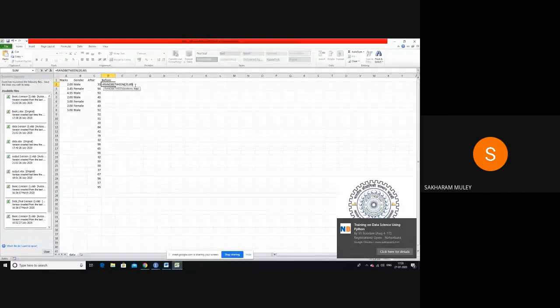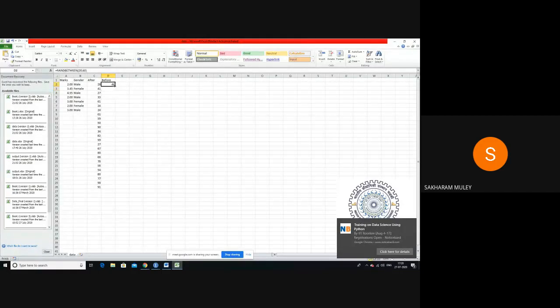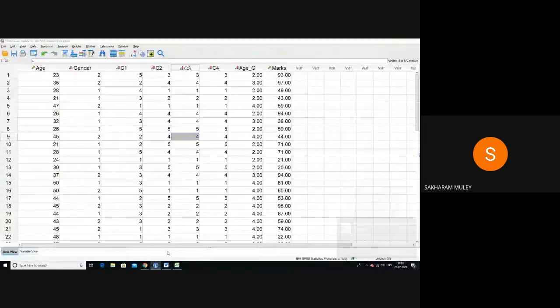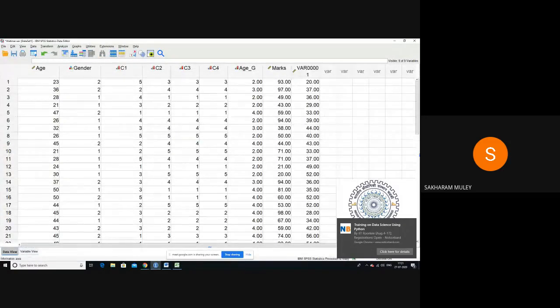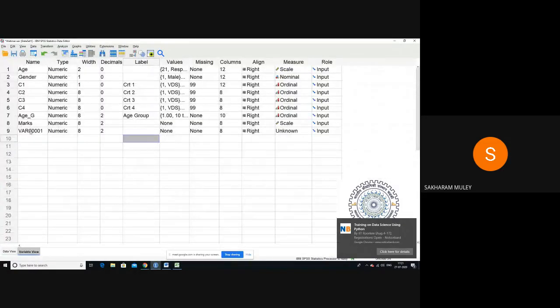I want to find out, so before marks are there, and I will copy it out. So I'm calling these marks as before and after. So let us call marks underscore a, and this is the variable name. Please see how I'm giving names to the variable so that it will help you. So this is marks after, and this one is before. Let us call this variable a scale variable under the assumption that it is normally distributed.